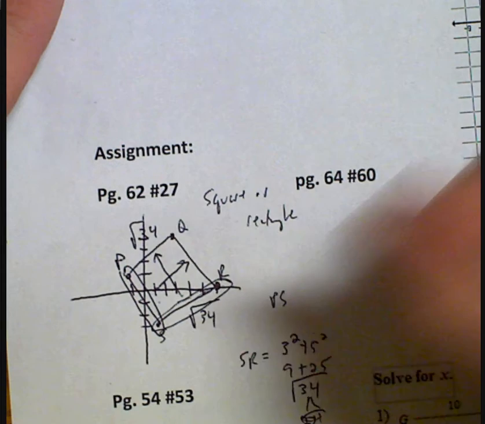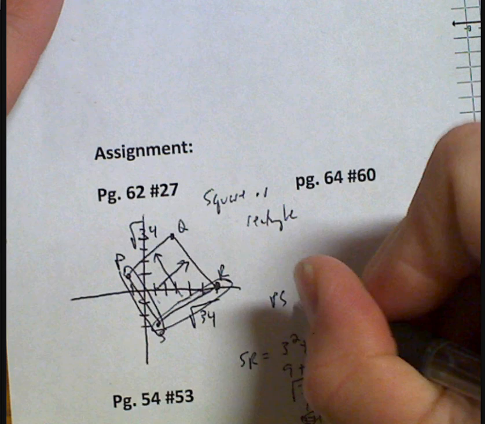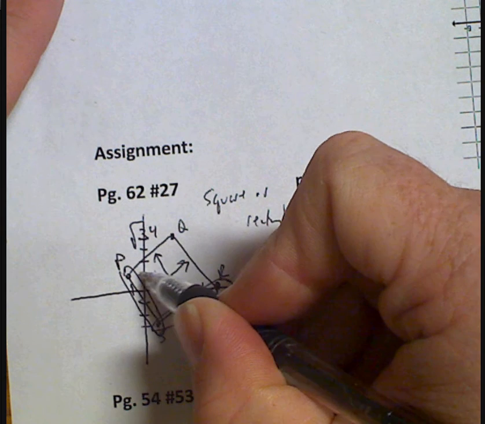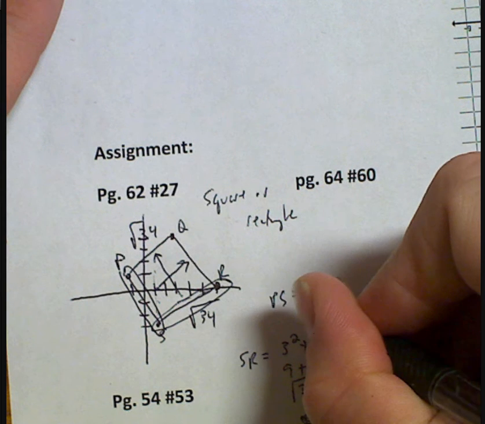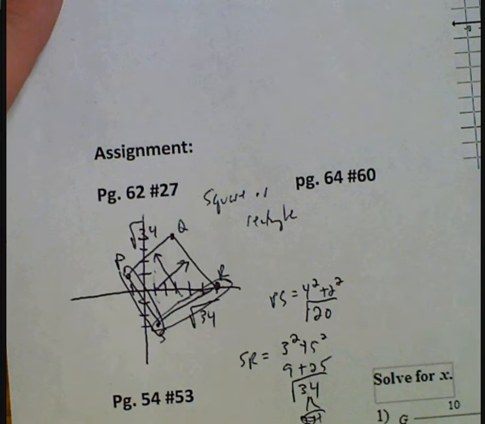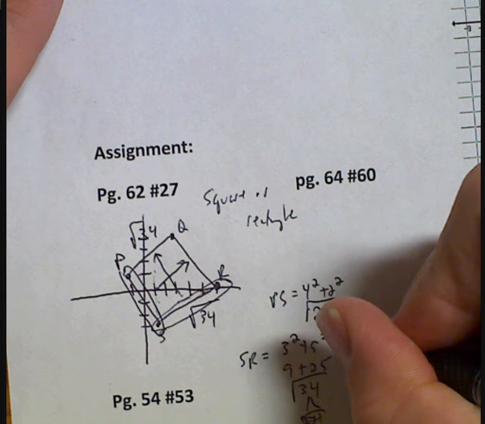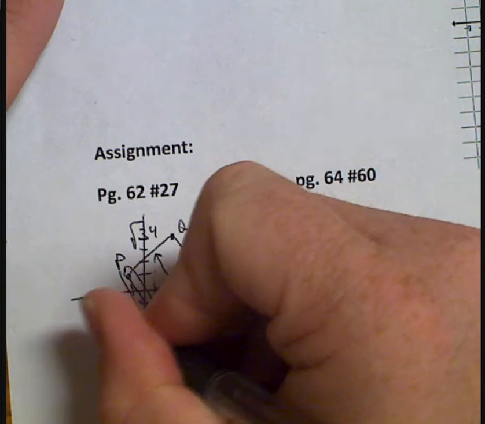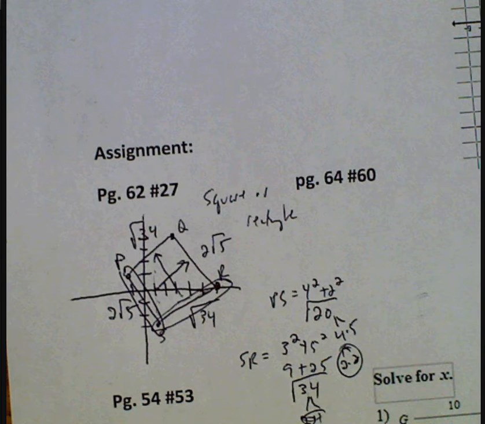PS: I would go up 4, and over 2, so that would be 16 plus 4, that's 20, so square root of 20. I could break that down into 4 and 5, so that's 2 square root 5. Then it states, go ahead and find the perimeter and